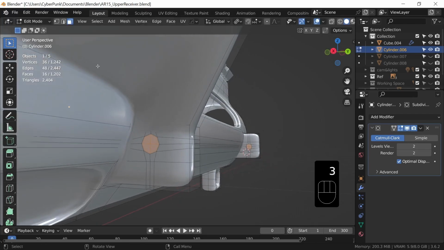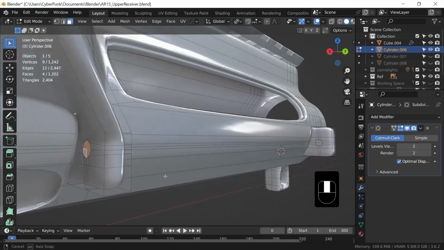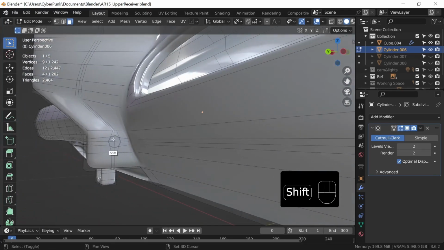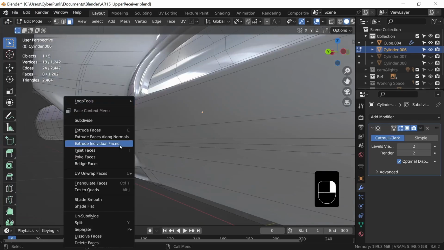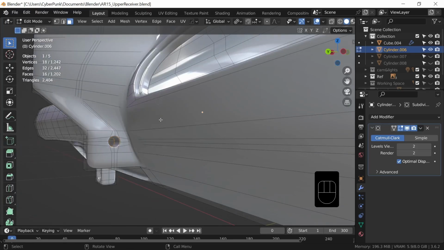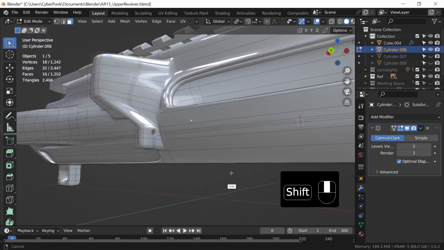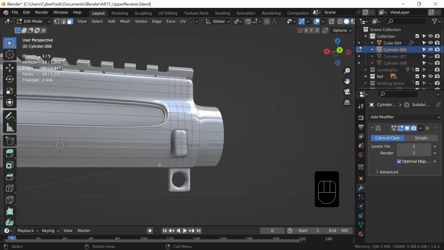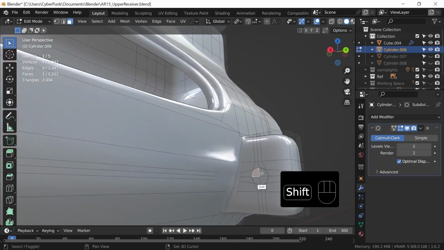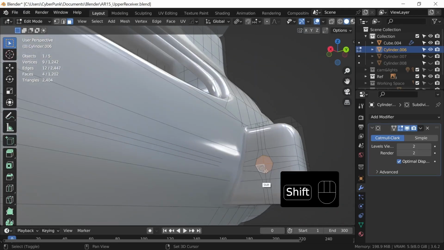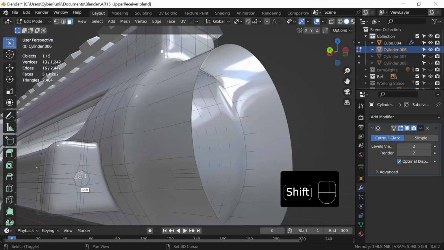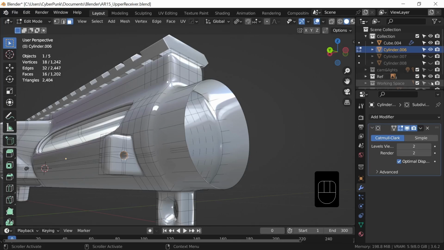Then we'll press 3, we'll go into face select, and then we're going to do one side at a time. So we'll shift the inside ring, right click, go to our loop tools, and then bridge. And then we have a nice little cutout, like so. Then we'll do the same thing over here using shift. And then shift this side, right click, loop tools, bridge. Now if we bring back our cylinder,